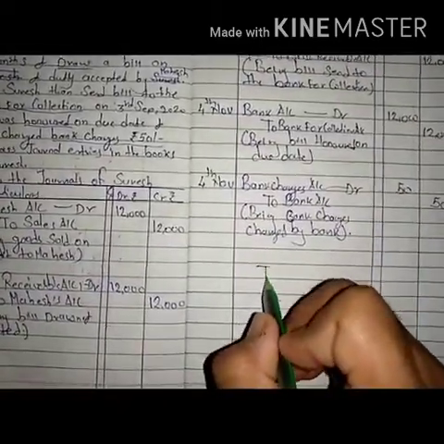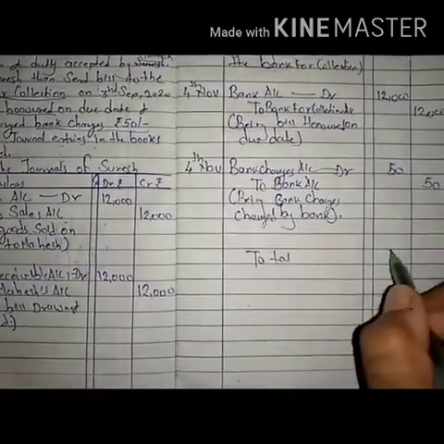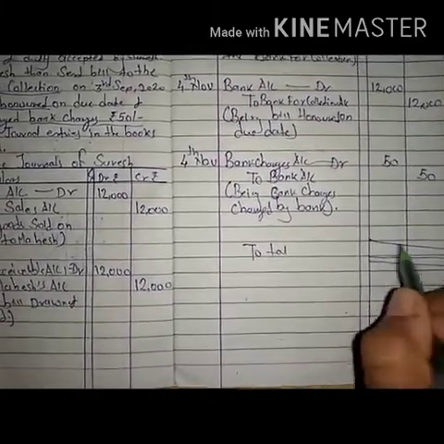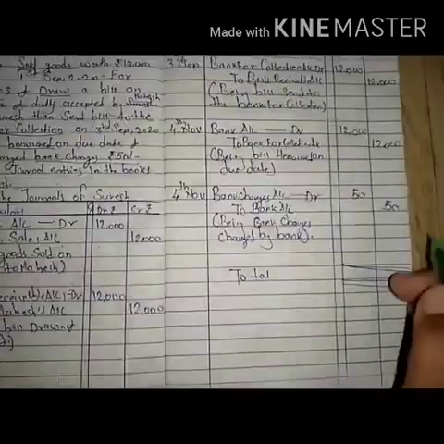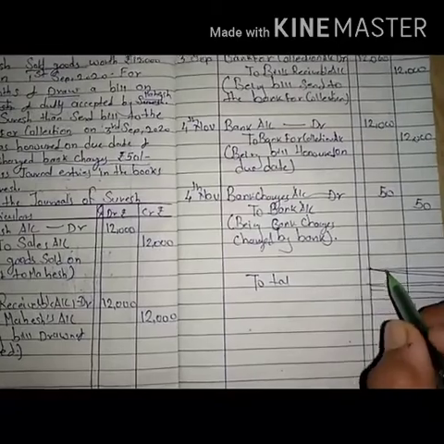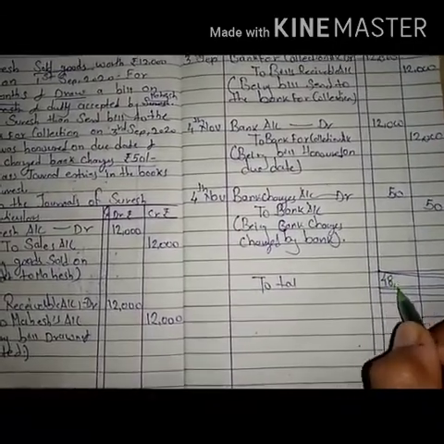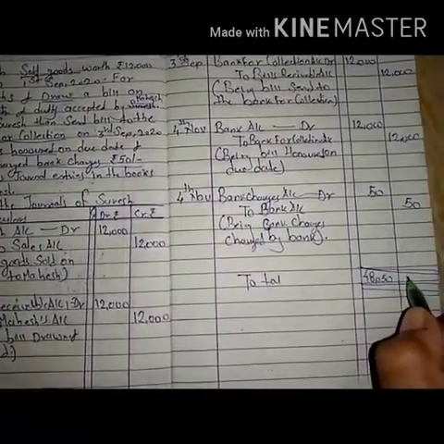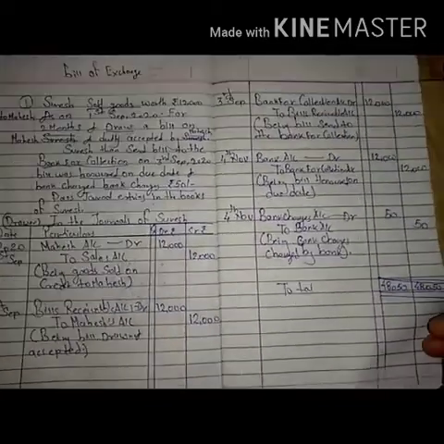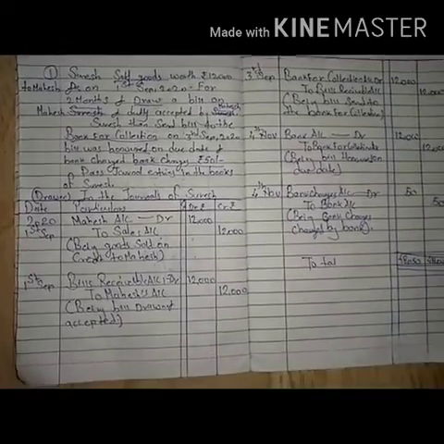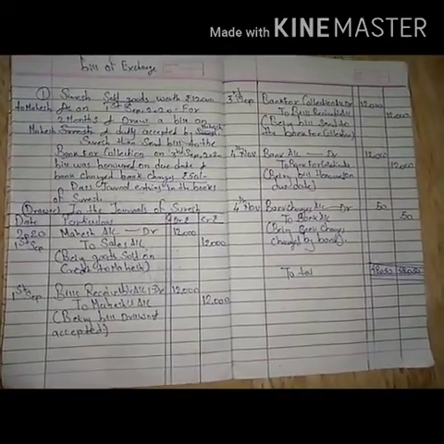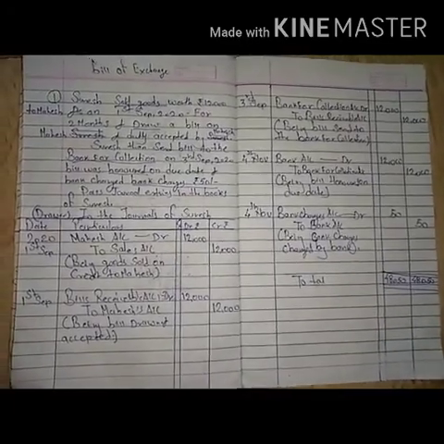And last, the total is not very necessary, but still you can make it: 12, 12, 24, 48, 48,050. Now this is the first sum. We will come with another video with a bigger sum. This is the first term practice sum. This is not given in any textbook.